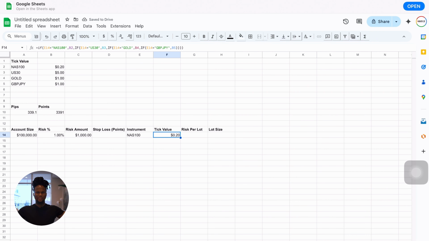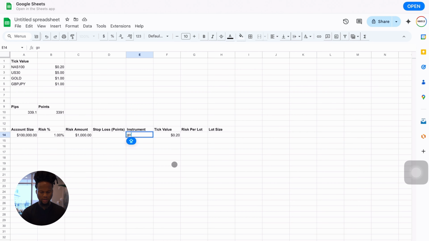See? Brain. You understand something. When you understand something, yeah. So if I put gold here, you realize that it automatically is gonna change, right? A dollar. If I put GBP, JPY,